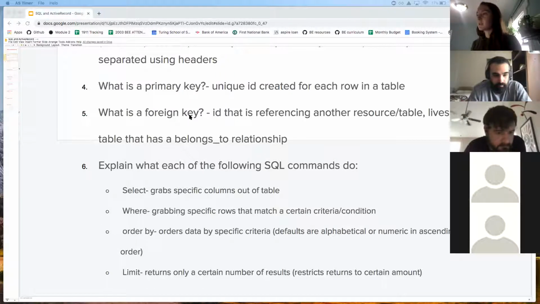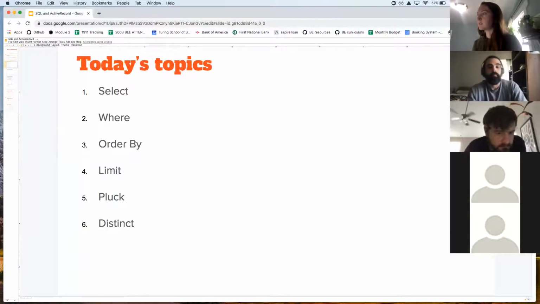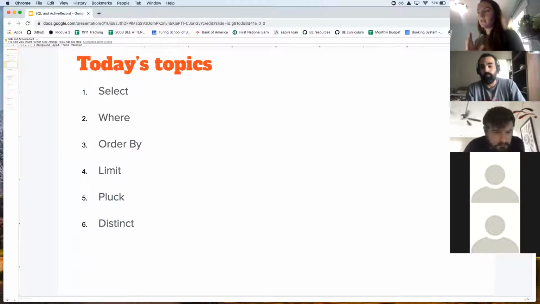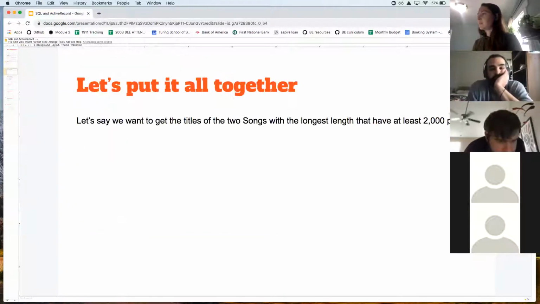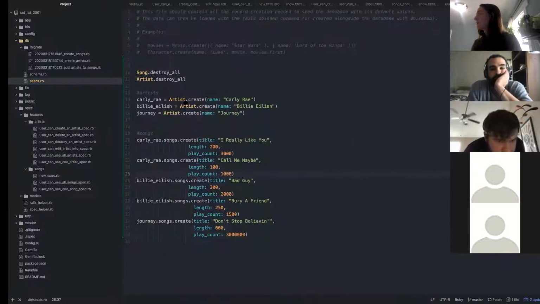Just to get started, let's go ahead and look. So this is what we're going to be going over today. Like I said, the select, where, order by, and limit, y'all have seen before. Pluck and distinct is kind of new. We'll go over them. Distinct we won't go into too much detail on, but for the most part, all of these we'll have some practice before the end of today. And again, we're going to do this in your